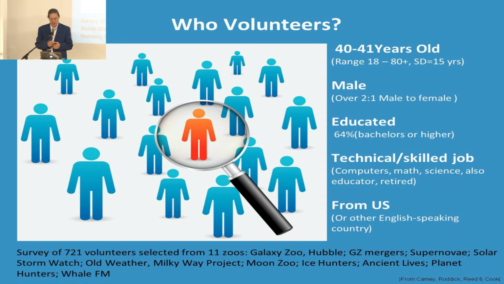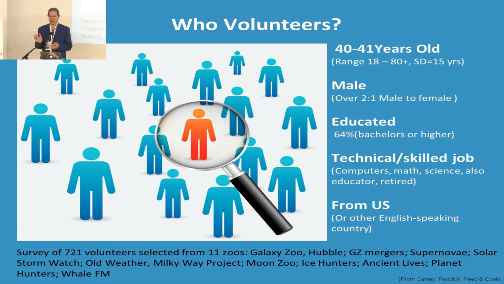And in some ways, this should not be surprising, because this actually is the profile of science-interested people. So if you survey people who are interested in science, you'll get a very similar profile. So perhaps it's not very surprising that people who are interested in science are also the ones contributing to the citizen science projects. But it does suggest that the projects are not really achieving the goal of broadening participation in science all that well. So I think understanding who citizen science appeals to, why it appeals, and what you could do to attract a more diverse group of participants is a really interesting challenge.